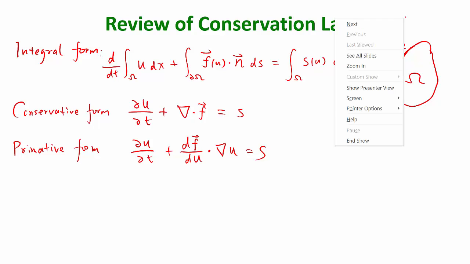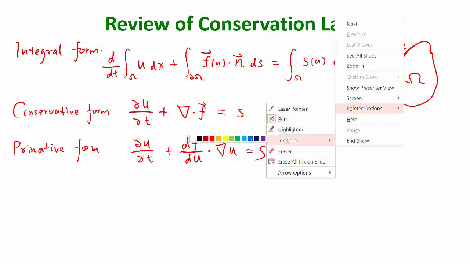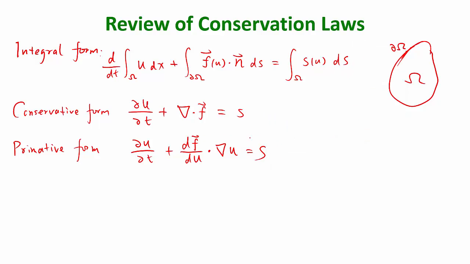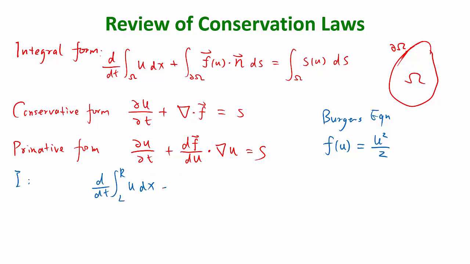And last time we used an example of the Burgers equation. In the example of the Burgers equation, f of U is equal to what? U squared over 2. And also space is in one dimension. So the integral form I take as d/dt integrated over the spatial domain L to R of U dx, plus what is